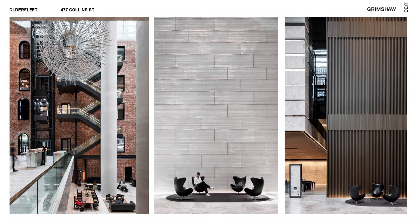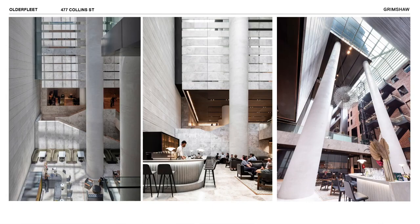In terms of materiality, we've obviously tried to look at the heritage buildings and all the new materials in harmony with the old, so articulated GRC, ribbed metal panels around the core that overlap, mirrored detailing on the car park core to reflect, you get these nice glimpses of the heritage building in that. And then Grigio Solo limestone on the floor, on the car park and on the staircases as you go down